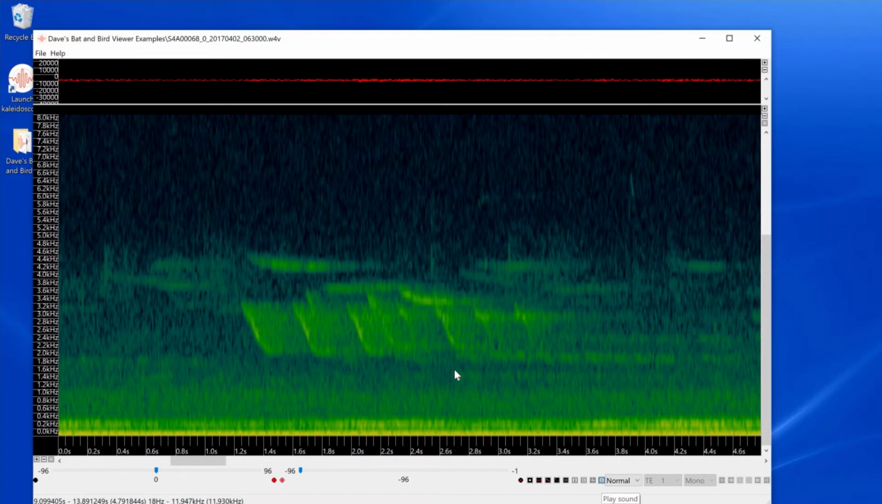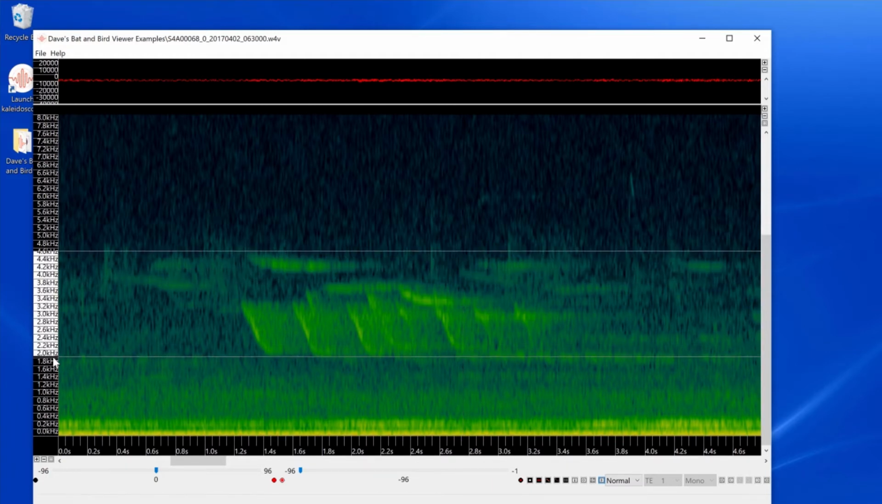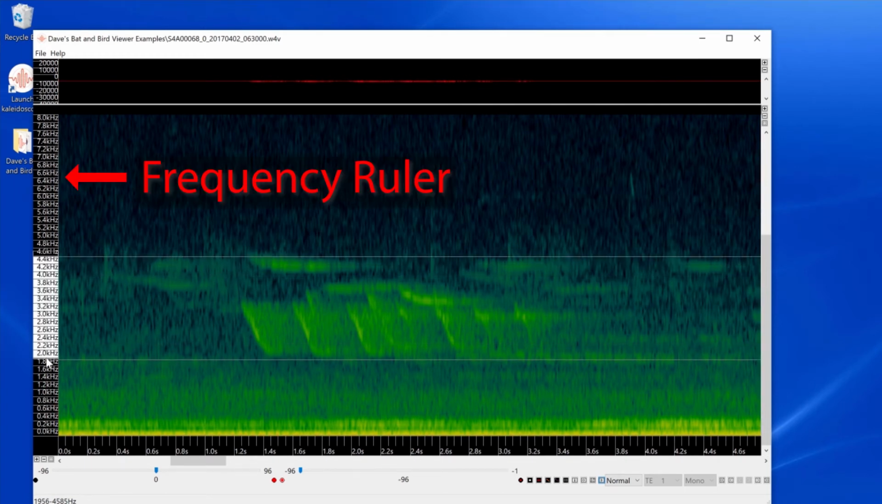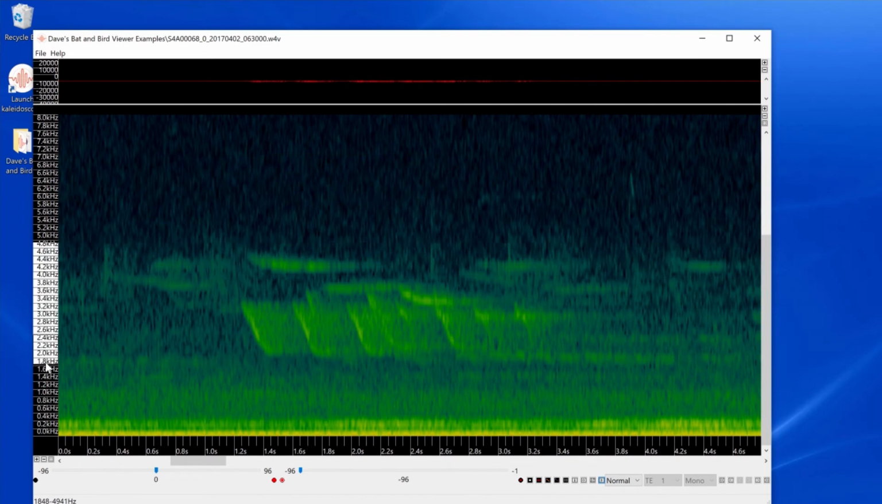When I move my mouse cursor over the spectrogram, a crosshair shows the current mouse frequency position. It looks to me like these calls are roughly between 1.9 kHz and 4.8 or so kHz. So what I'll do is click and drag with my mouse over the frequency ruler on the left edge of the viewer window. You can see the area where I click and drag turns white to indicate I have created